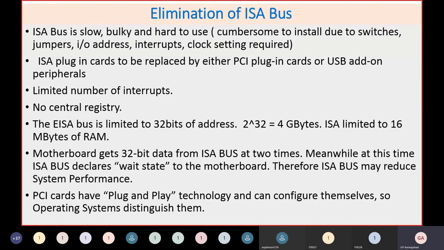If the driver is not there, like you have a pen drive, and you put the pen drive in, it automatically recognizes it. The first time, if the driver is not available, it automatically takes that particular driver, installs it, and your pen drive starts running. This type of device is normally called a plug and play device. So PCI and USB peripherals are all plug and play devices. That removes all the headache or tension of a user compared with your ISA slots or ISA buses.